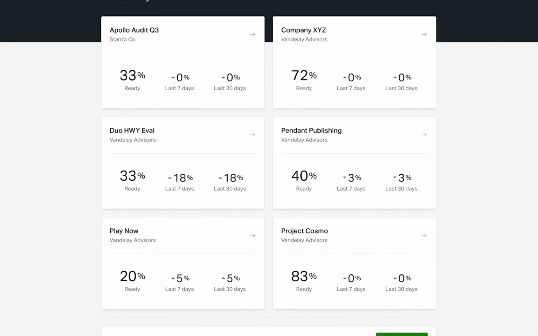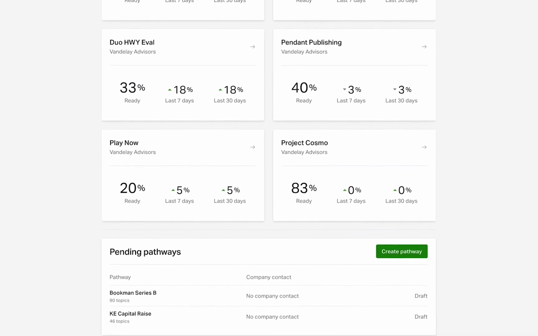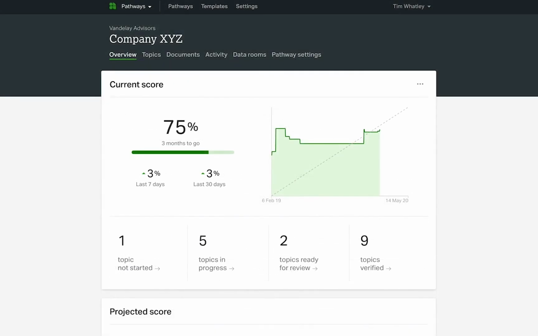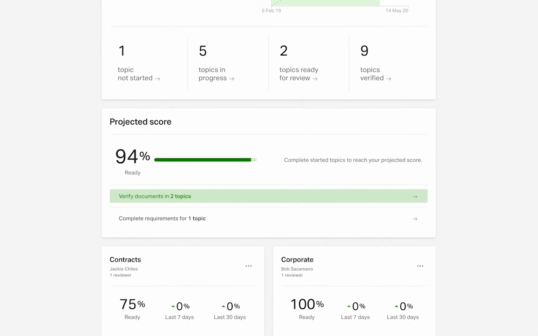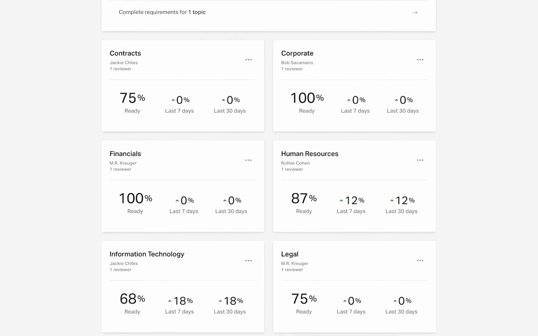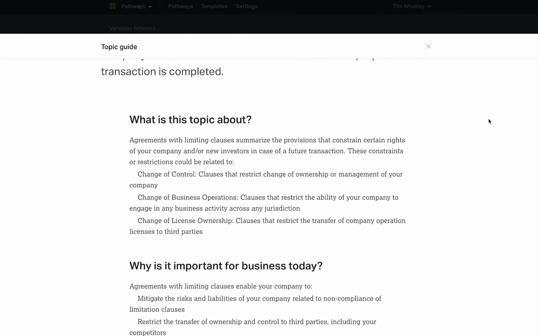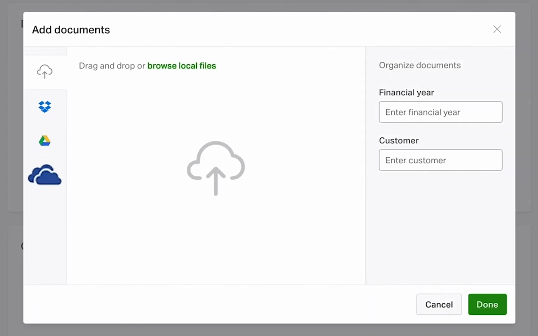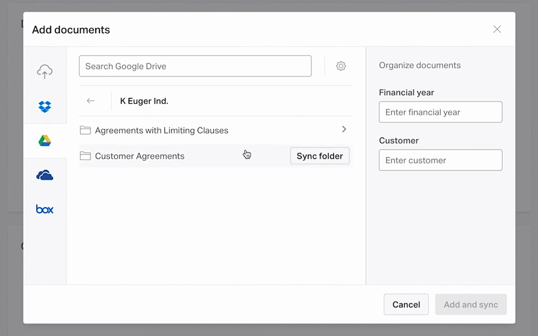Pathways are digitized checklists used by companies and their advisors to assess the current state of the business and illuminate the path forward. Pathways help business leaders understand which areas of the business require their immediate attention and help advisors develop strategies to optimize event preparation for their clients. Pathways come with built-in education, collaboration, and integration tools designed to drive optimal outcomes regardless of experience level or transaction